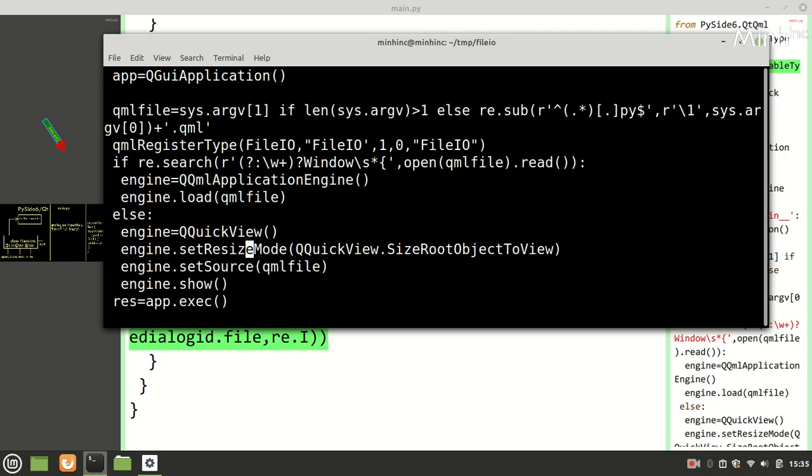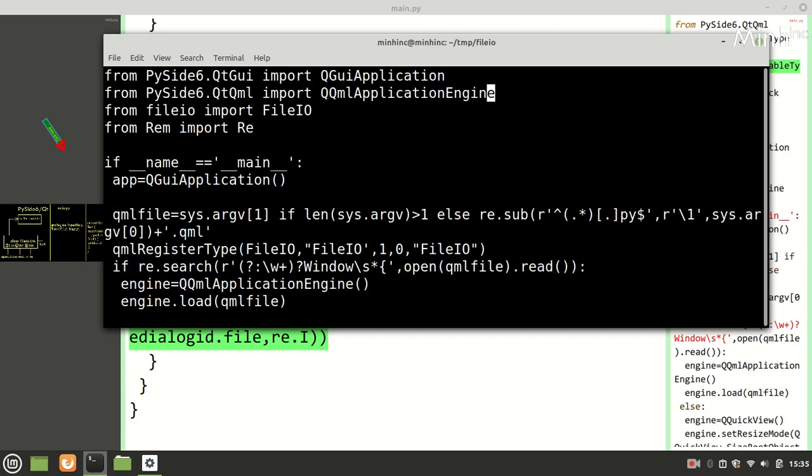So that would be, I think, engine dot root context, set context property, re instance.